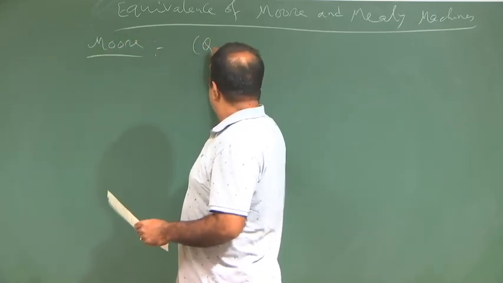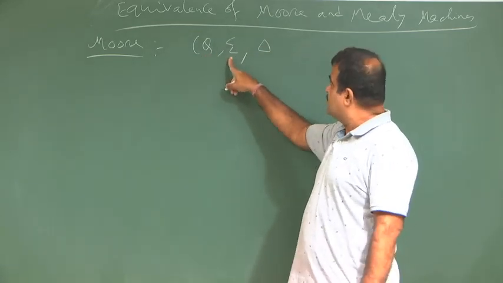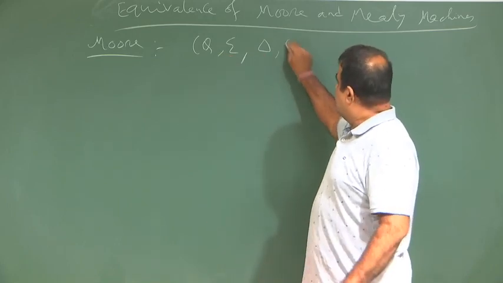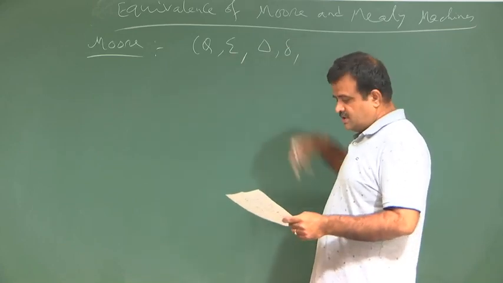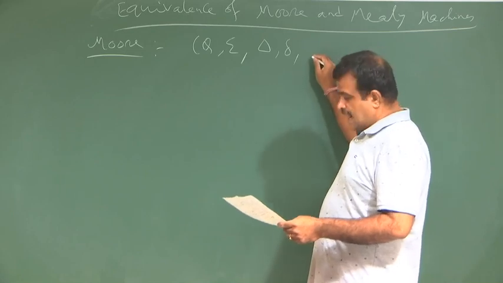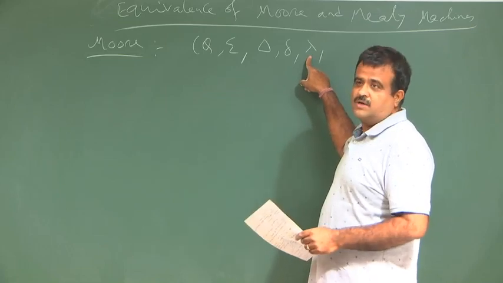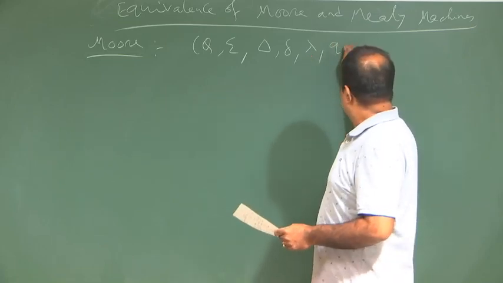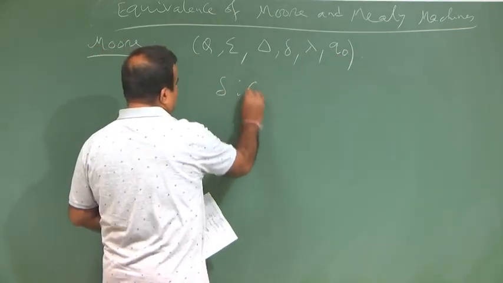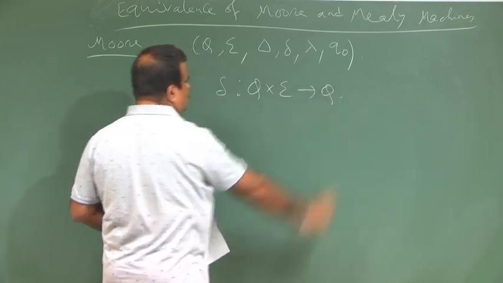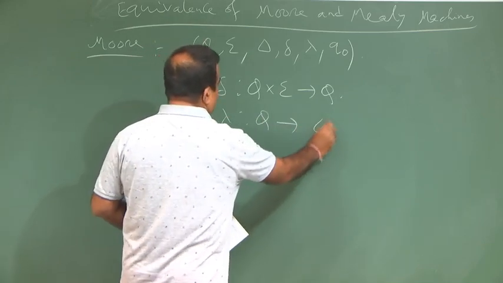a 6-tuple. So, we have an output here. Q is the finite set of states, sigma is the input alphabet, this is the output alphabet, and we have delta. Delta is the state transition function, which takes the input alphabet and changes the states, and we have lambda. This is the output function, and q0. So, 6-tuple. Delta is Q cross sigma to Q, like a DFA, and lambda is Q to